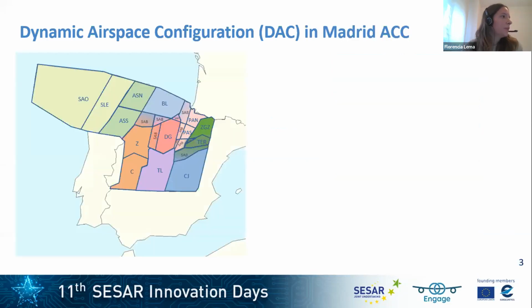To implement dynamic airspace configuration in Madrid ACC, we make horizontal and vertical cuts to the current sectorization. With the horizontal cuts, as we see in this figure, we obtain shareable airspace blocks and elementary sectors. The boundaries of these sectors were slightly modified to adapt them to the free route traffic sample we used. The consideration of a free route airspace environment was due to the fact that the DAC concept will start to be deployed at ICAO level in 2025, and by that date, free route operations will already be deployed.